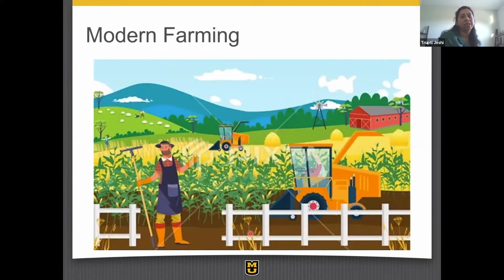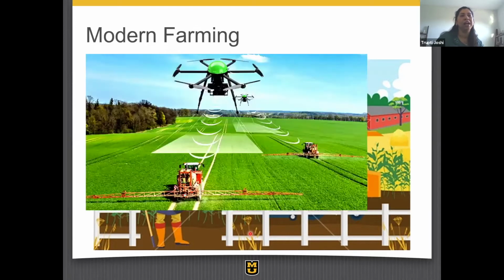Now, this has really started impacting modern day farming. I wouldn't say these are gone days, this is how you would think of a traditional farm. What is really happening is there's a lot more technology that you get to see on farms these days.